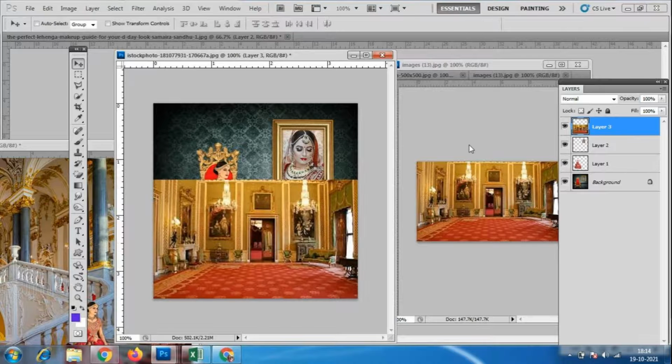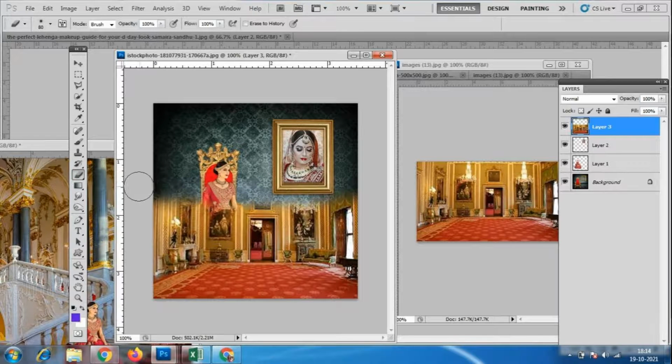I want only the floor. So I'll go to the eraser tool and slowly erase however much area I don't want. I'll make it 50% opacity. See, slowly I'm erasing, because I want to use only the floor.